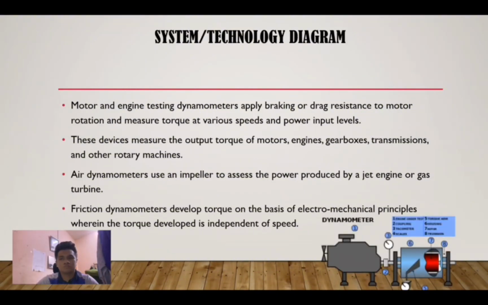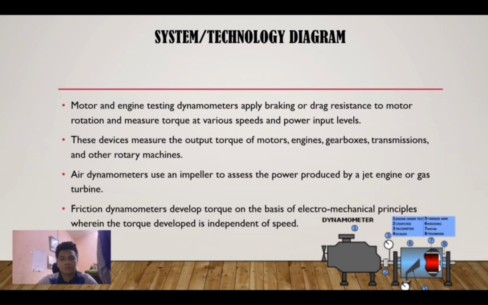Hi, Assalamualaikum. My name is Muhammad Shalmi, and I want to tell about the system technology diagram. Motor and engine testing dynamometers apply braking or drag resistance to motor rotation and measure the torque at various speeds